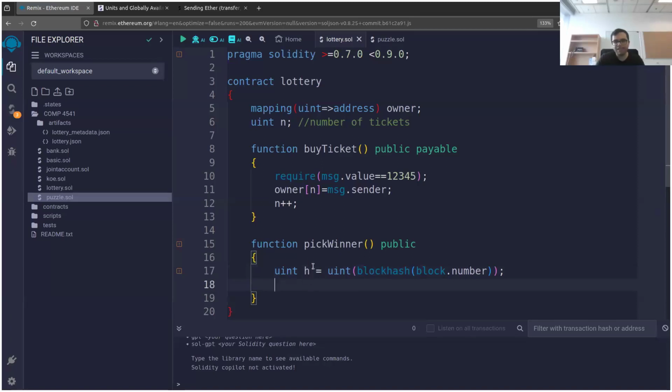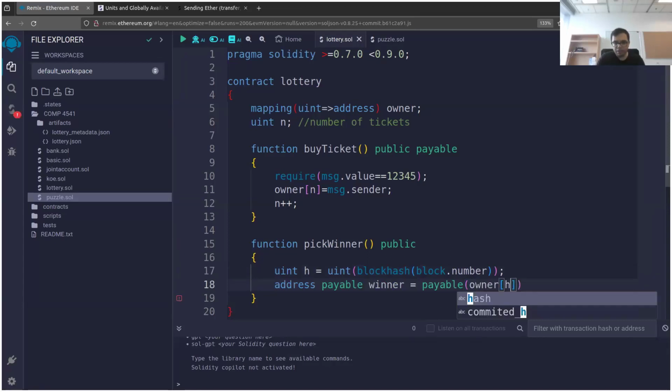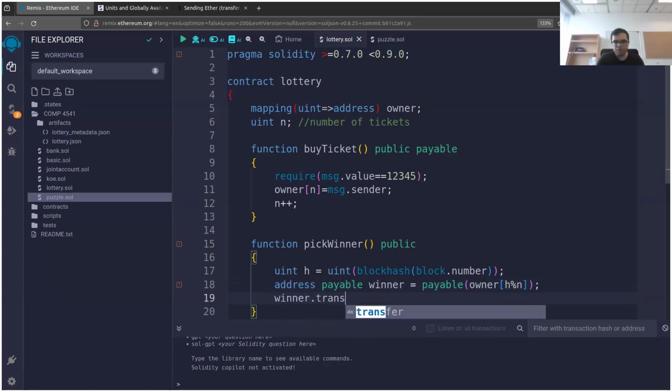But of course, I cannot take h itself. I have to take h modulo n. Okay, so I just say address payable winner is payable owner of h modulo n. Okay, and then I just pay them. So winner.transfer